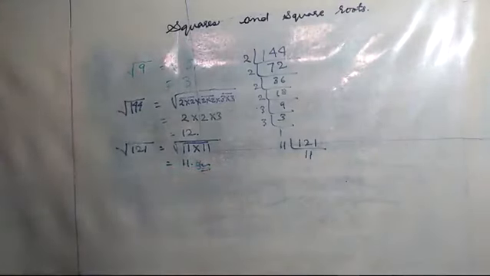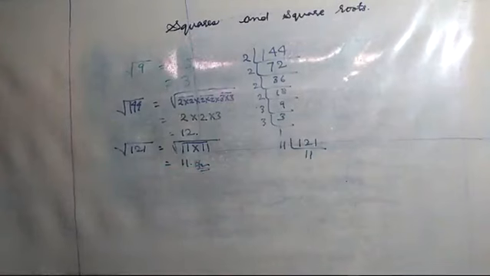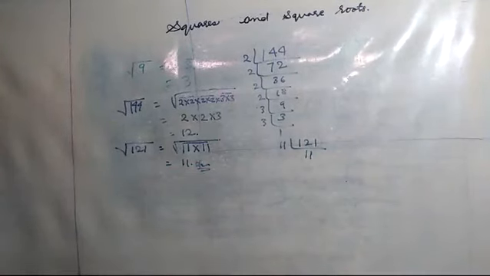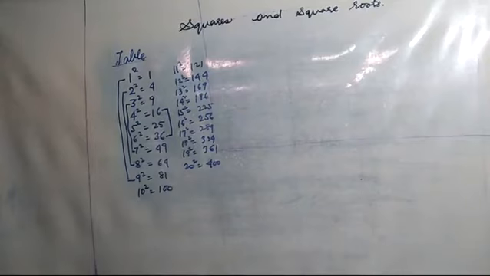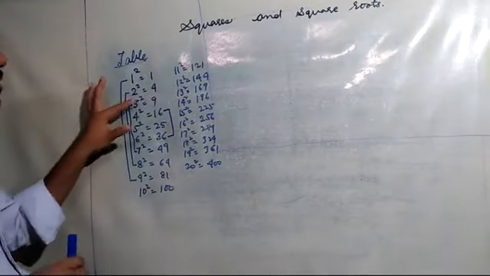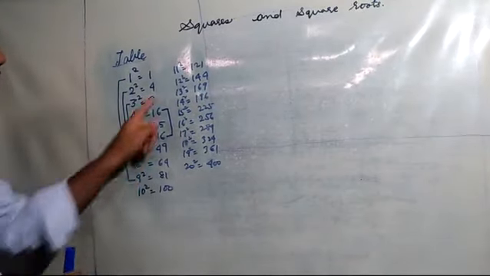Now to understand, these are lengthy processes. To understand what will be our unit place, or ones place, there are certain properties. Before that, let me first write all the squares up to 20, so that it will be easy for us to identify the unit place of any square. As you can see, my dear students, I have drawn one table, not exactly a table, I have just written the numbers and their squares. So 1 square is equal to 1, 2 square is equal to 4, 3 square 9, 4 square 16, 5 and so on up to 20.